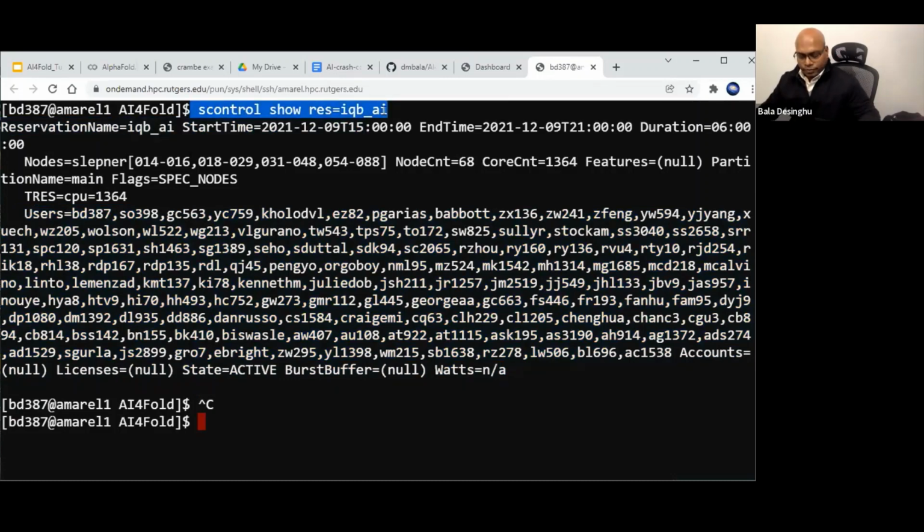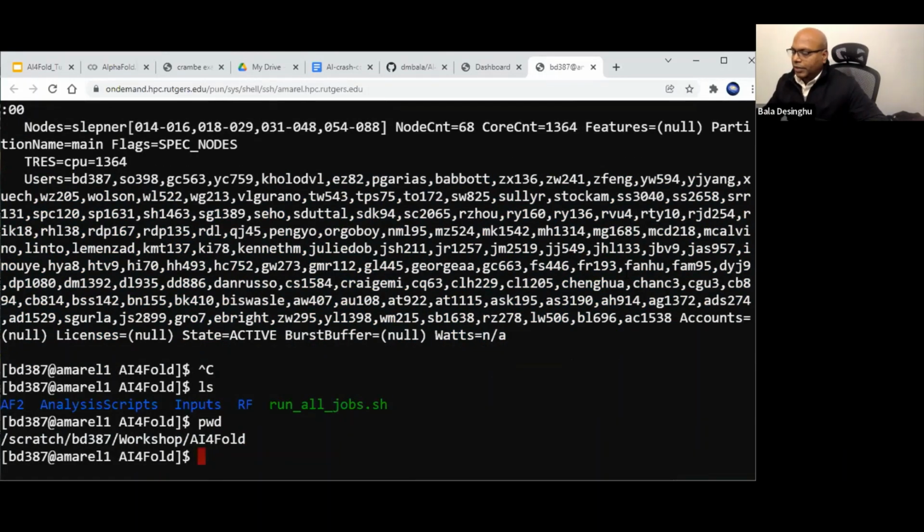Try this. And then you should be in there. And then, so the script should submit a job to everyone. So when you copy this file using cp command,